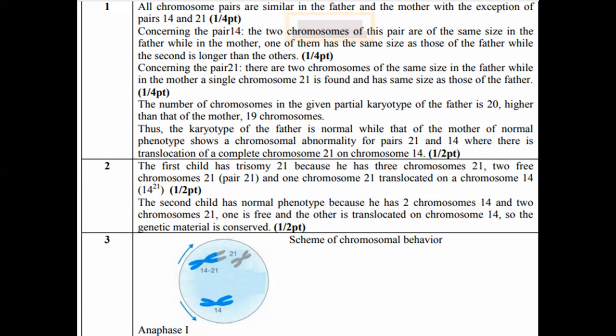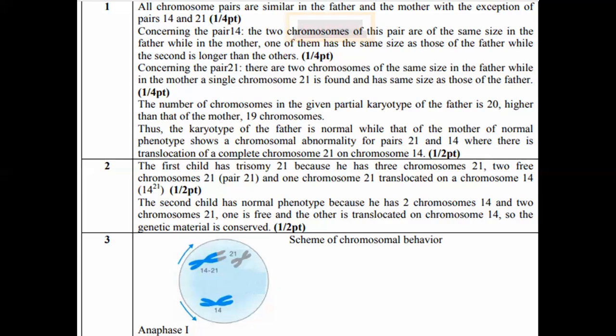So the karyotype of the father is normal, while that of the mother, who has a normal phenotype, shows a chromosomal abnormality for the pairs 21 and 14, where there is translocation of a complete chromosome 21 on chromosome 14, representing translocation. So they said the first child has trisomy 21. Why? Because he has three chromosomes 21: two free chromosomes 21, pair 21, and one attached chromosome number 14, which